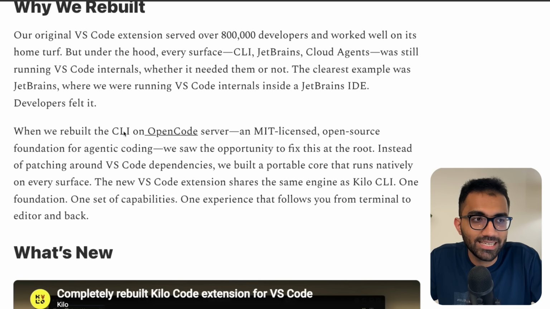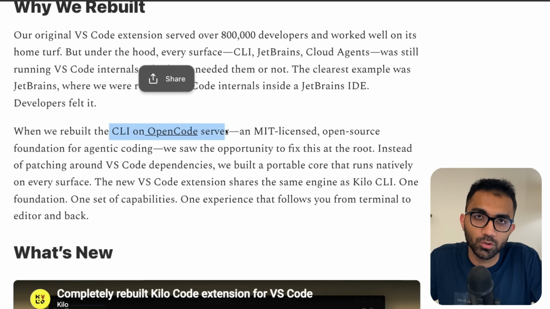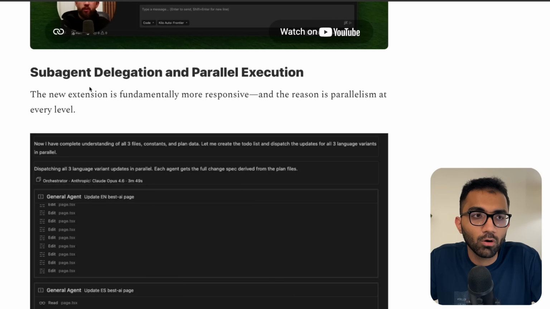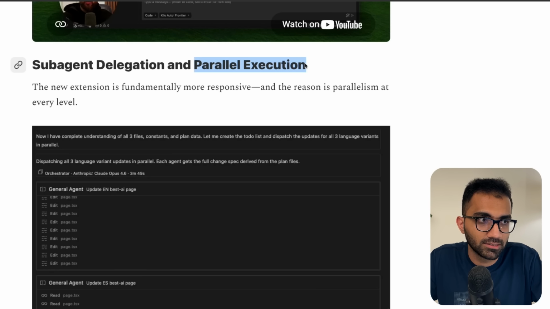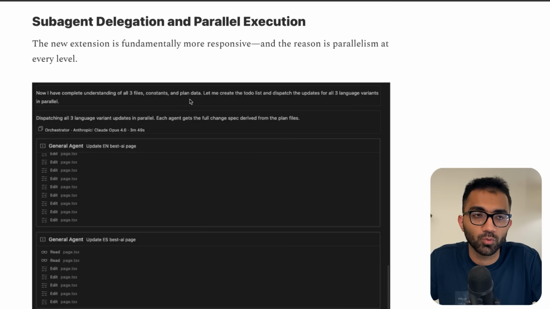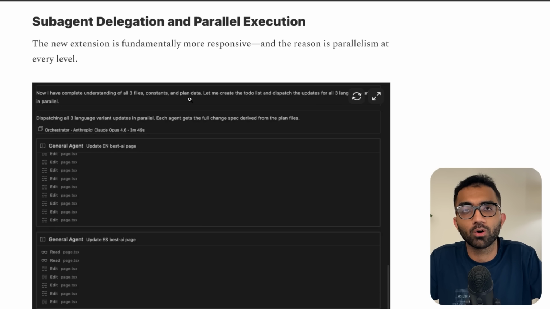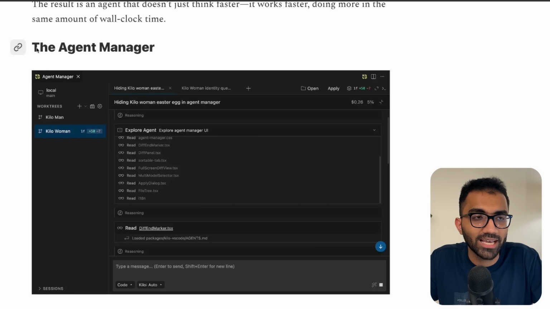Kilo is also a very popular VS Code extension used by about 1 million developers online. They also have a CLI which is built on Open Code Server. With their new rewrite, there are a lot of things possible now which were not possible before. For example, this parallel execution, where a main agent which is working on a problem can dispatch away like 3-4 agents, and all of them can work on their specific parts of code or research or whatever they have to do. Or this agent manager, for which you would otherwise have different dedicated applications and tools that you would have to